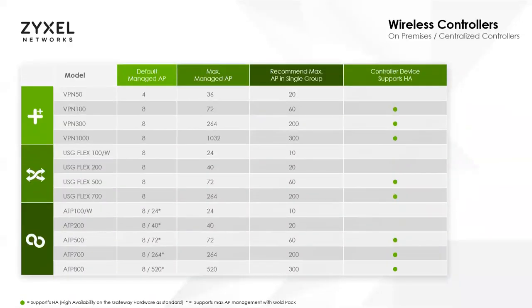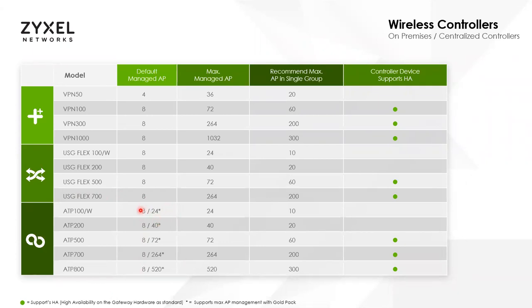So here's a list of the products that support this. Basically, it's pretty much our entire Zyxel line at this point. The VPN series, the USG Flex series, the ATP series, and even the older USG before the USG Flexes. As you can see here, each device has a default number of APs that it can manage out of the box. And then here on the ATP series, you have the ability to